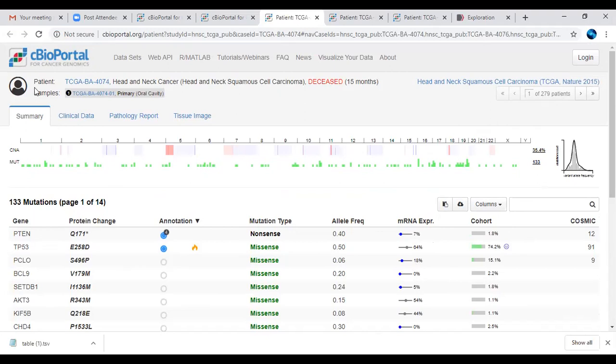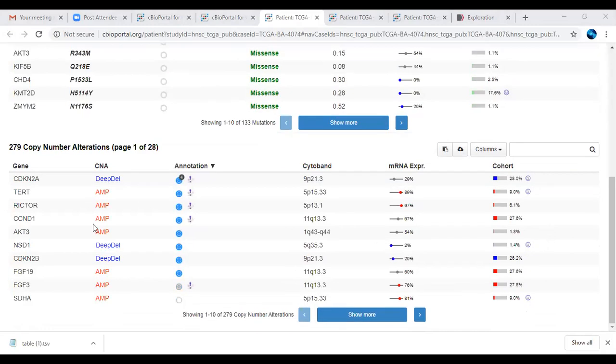This cBioPortal is also linked to the COSMIC data set. This COSMIC data set contains the somatic mutations with respect to different cancer types. So it is also linked to the gene and the somatic mutations. Based on your interest, you can go to this particular COSMIC database where the data has been stored. Here you can also get the gene expression data and other omics data sets with respect to cancer cell lines data also. Here they have given the copy number alterations with respect to only one patient data.